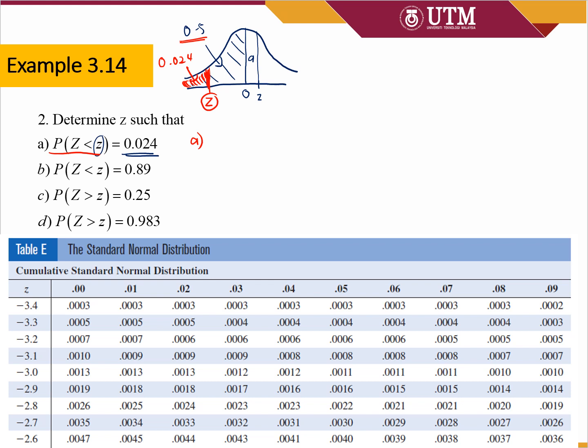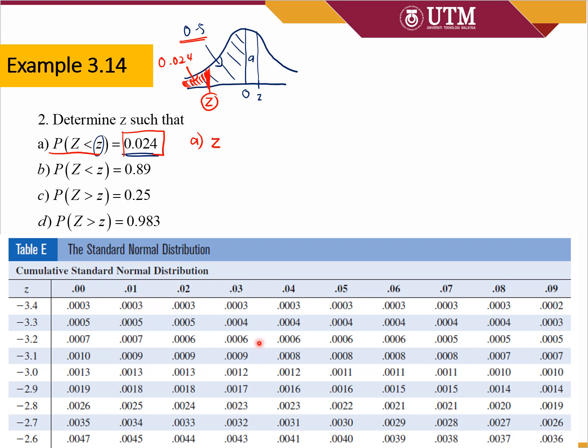So this one is doing the reverse. Okay, we do the reverse process. Instead of finding the area, we know the area, but we need to find the Z value. So first, find the area 0.024